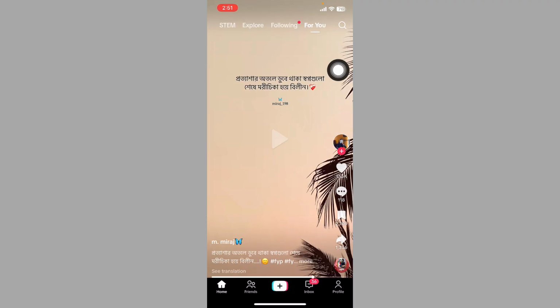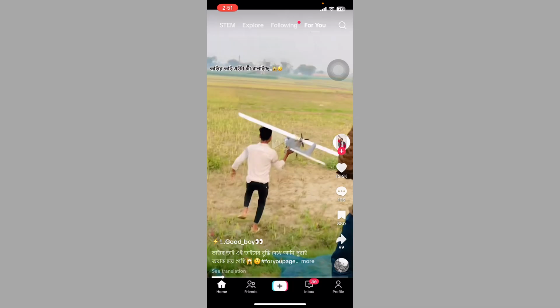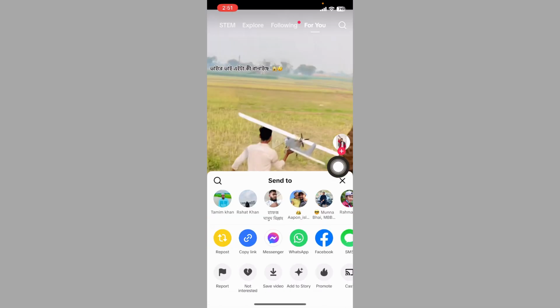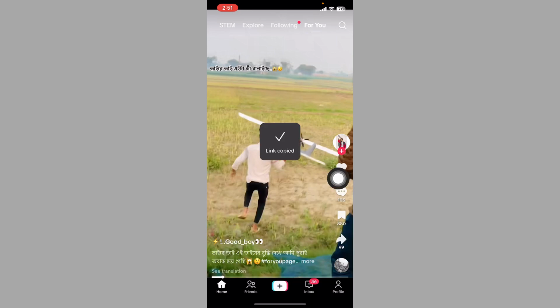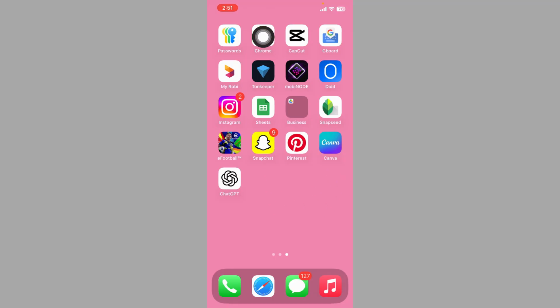Okay, videos. Okay, tap on the share icon and click on copy link. Okay, then go back and tap on the Chrome browser